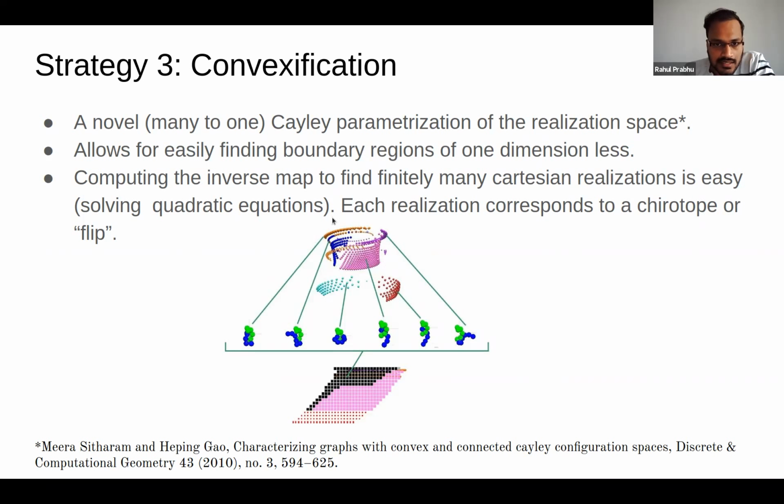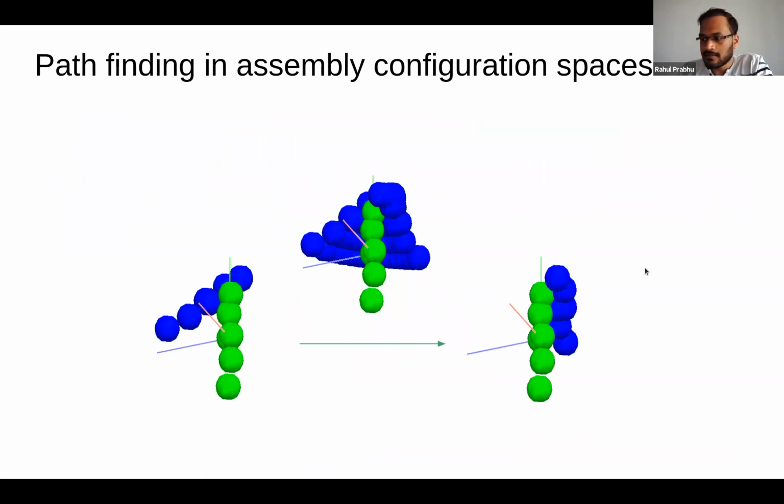So this thing on top that looks quite ugly is the active constraint region with Cartesian parameterization. But as soon as you switch to Cayley parameters, this becomes convex. It's just a 2D region, and sampling here is so much easier. I can just do a regular grid sampling here, whereas here I would have struggled quite a bit to do that.